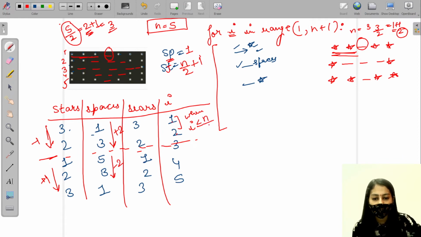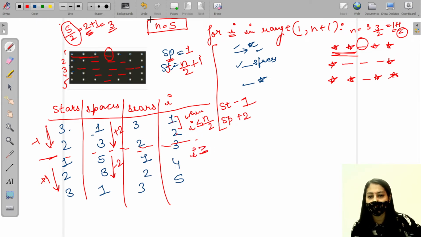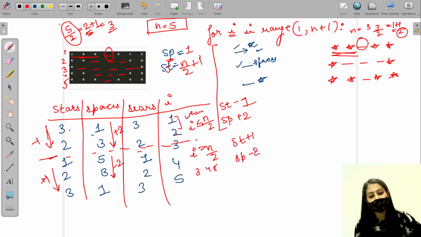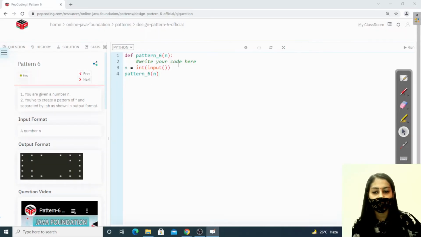So when the value of i is less than or equal to n by 2, the stars are decreasing by 1 and the spaces are increasing by 2. And when the value of i becomes greater than n by 2, that is for 3, 4 and 5, the stars started increasing by 1, the spaces started decreasing by 2, right? We can use this. So let's have a look at the code.